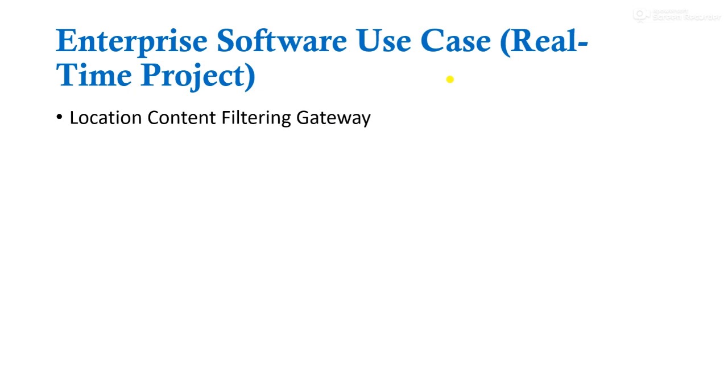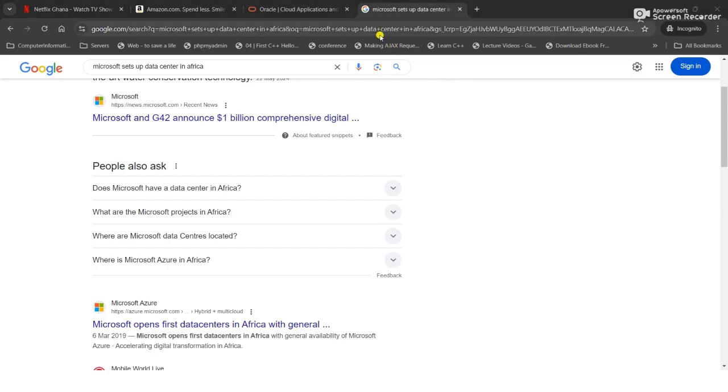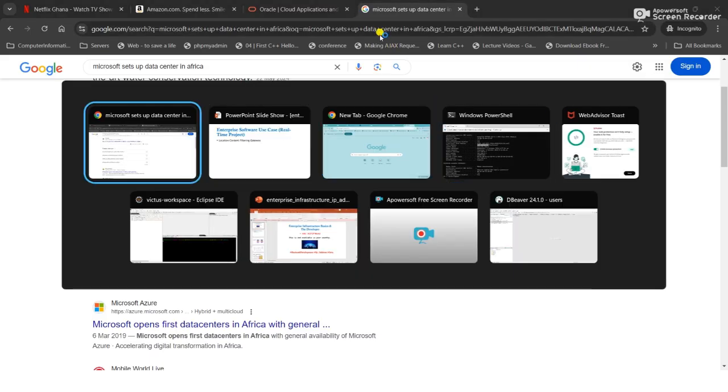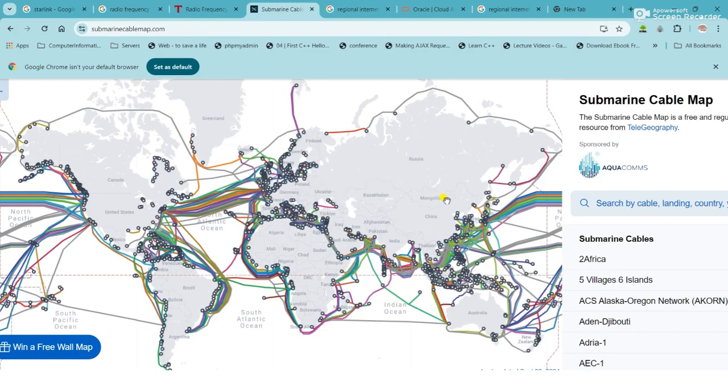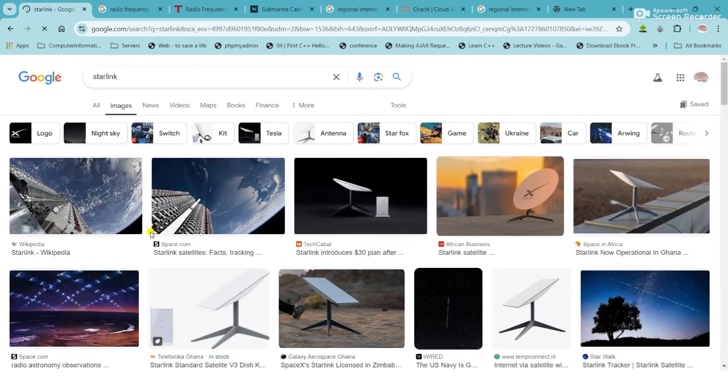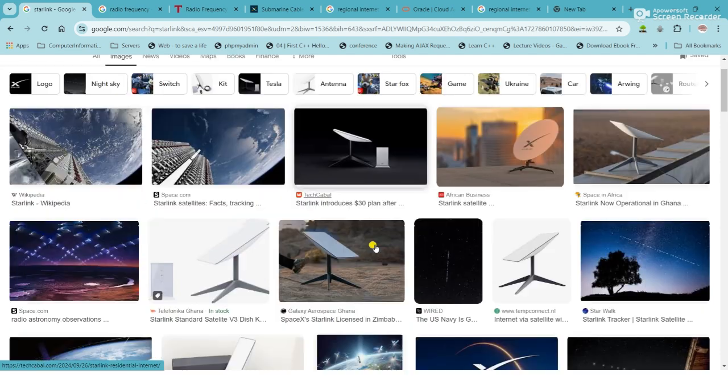We've understood everything we need to understand with regards to regional internet registries and the submarine cables flowing under the ocean to ensure that our work of connecting to resources in any country is being done. So all the hosts that would like to send traffic to and fro, this is the infrastructure that is being put in place for cable internet. If you don't want this, then you can decide to go with Elon Musk's Starlink to set up satellites in a constellation.